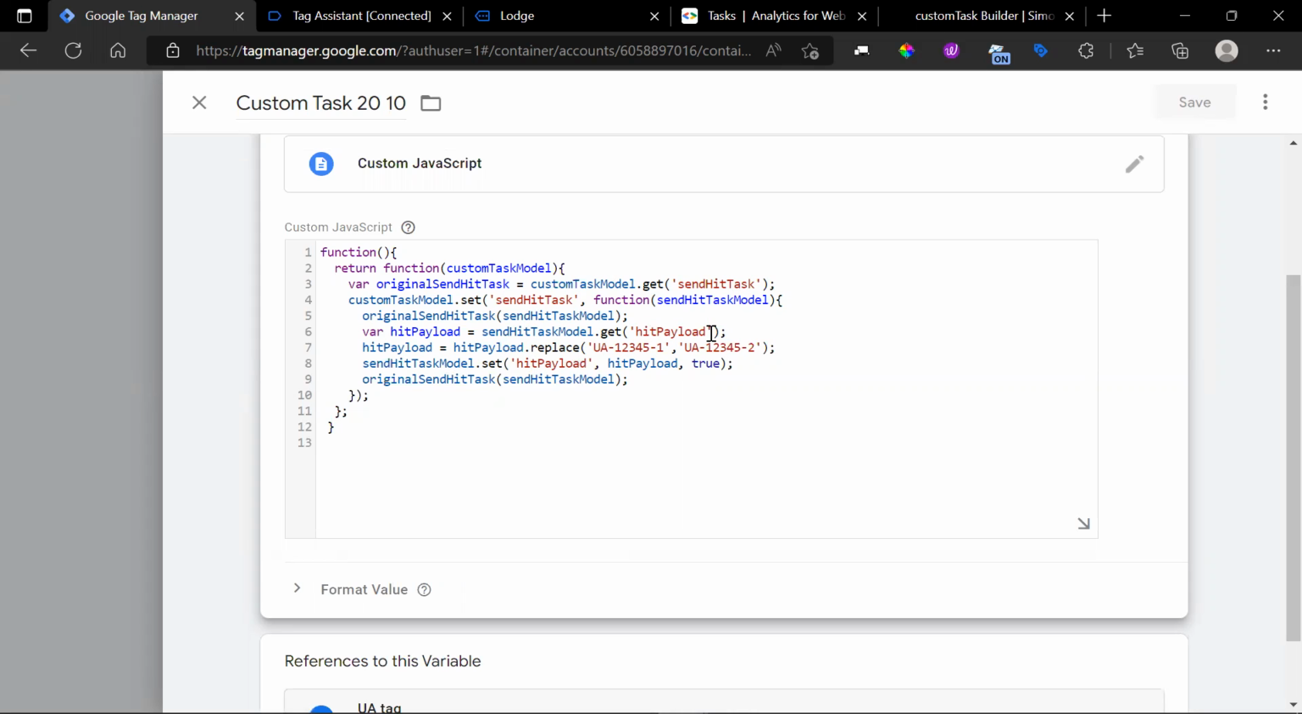hit payload value. Now hit payload value will be this initially. I know that the hit payload will be this because it contains the container ID. And what I want to do is replace this ID with this. So we have, in a way, modified the hit payload value. And after that, I am just appending that hit payload value into the initial object and sending it back to